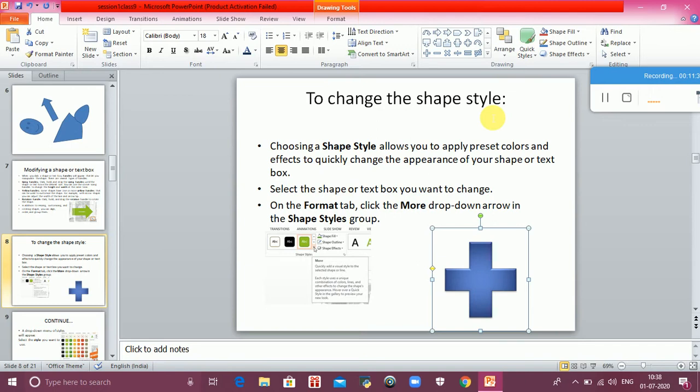All the options will definitely be there. It may be that something is given in one place or another, or the procedure is different, but all the options are available in each and every version that we are using. So this is what you have to do. You have to go to quick style. From there you can easily change the style of your shape.